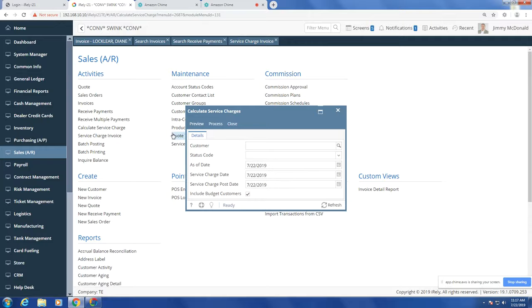And let's see if it'll pick anything up if we change the as of date to June 30. So all these dates, what this is saying is, hey, calculate service charges as of June 30. If it's past due on that date, that's what I want you to calculate my invoices or my past due